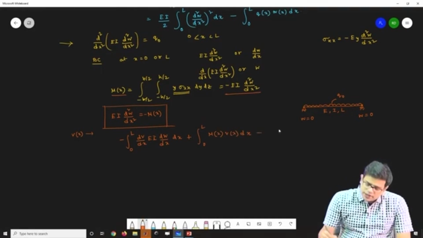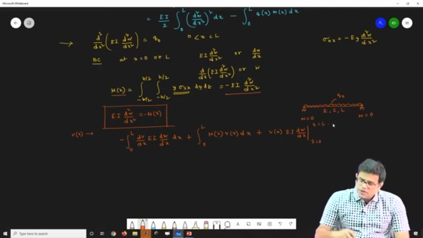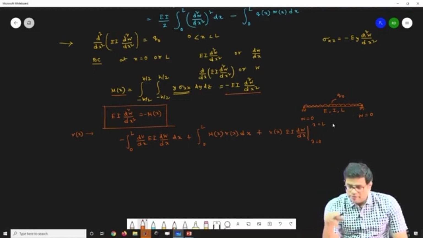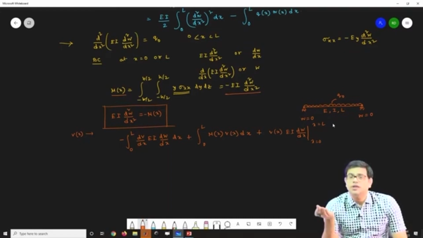and then there will be a boundary condition associated with it. So this boundary condition will be V(x) and EI dw/dx, something like this. So this is the boundary condition at x equals 0 to x equals L. So this is something we'll observe. So for the weak form to be discretized, to discretize the weak form, we can always use some linear or quadratic Lagrange polynomial and then